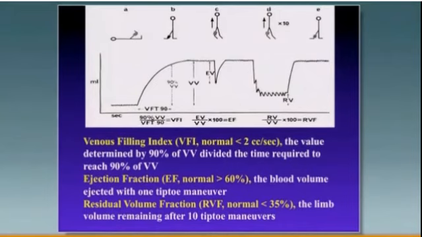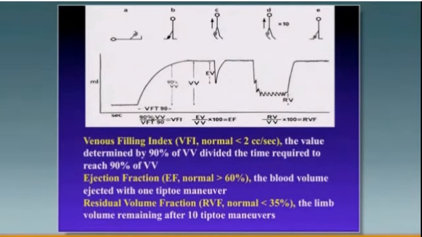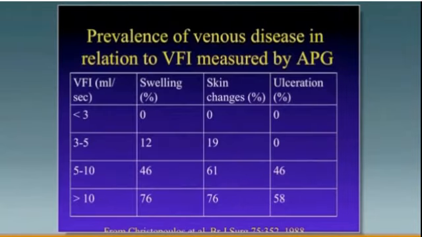So basically the patient is in the supine position and the venous volume goes down and you reach a baseline. And then they simply stand up, keep the weight off of the leg, and you look at the curve as the volume in the leg increases. And 90% of that time and volume gives you the venous filling index. Normally that should be less than about 2 cc's per second. And Nicolaides' lab and center has done a number of interesting studies on